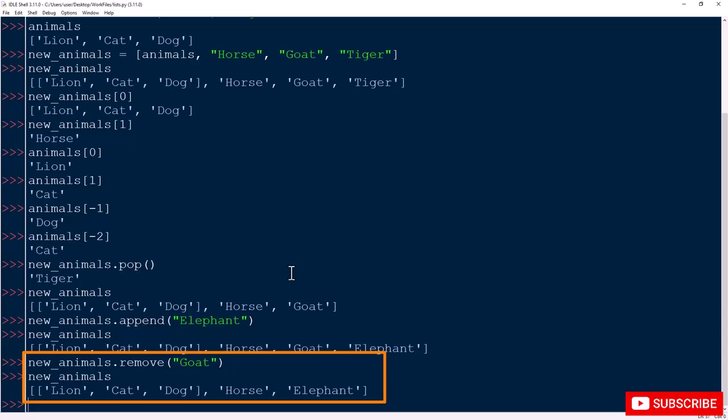And once you access and print the new animals list, you will see goat was removed successfully from this list. You can remove another item by using the same way. If you want to change any value from a list, you can do so easily by using the index number